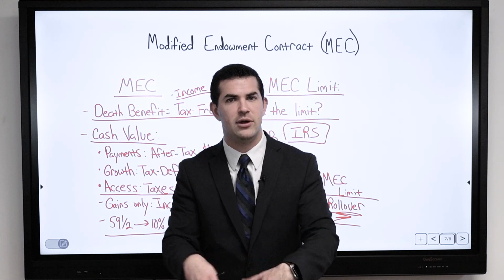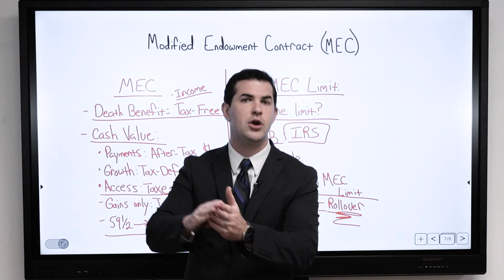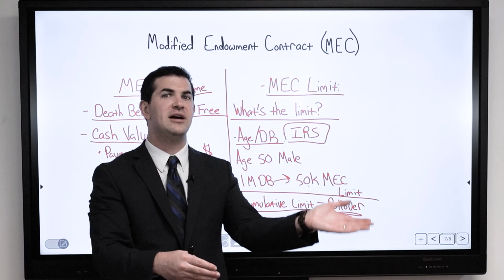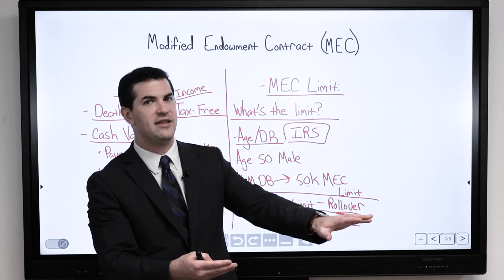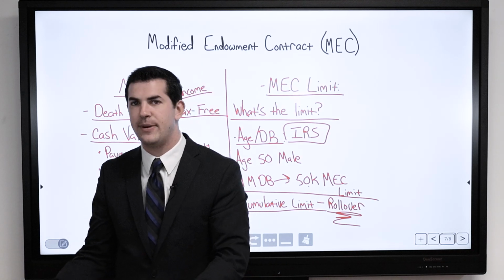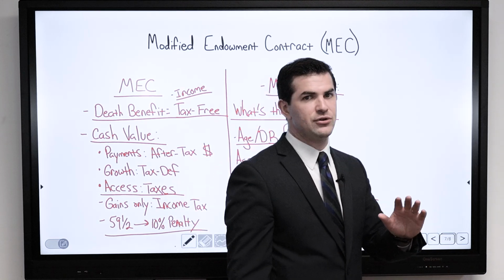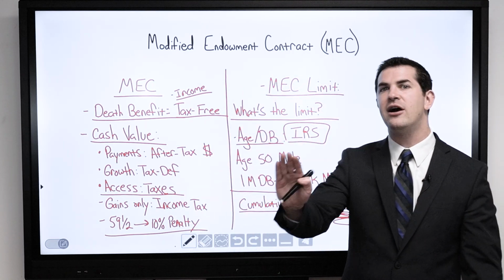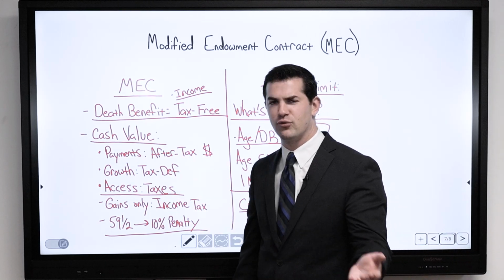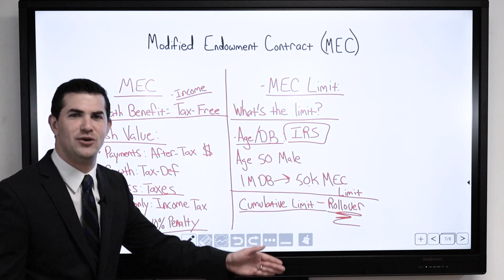But staying on this example, that additional $40,000 I did not pay into the policy in year 1 rolls over. So year 2, my MEC limit resets at $50,000 plus an additional $40,000 that I did not pay the prior year, so I can make a total payment of $90,000 into the policy in year 2 if I want to. And that'll continue on. So any years that I do not max out my limit, any unused MEC space does roll over year to year. Kind of like those old cell phone plans with the rollover minutes. If you remember those commercials, only the rollover minutes, the rollover MEC space here continues to roll over.